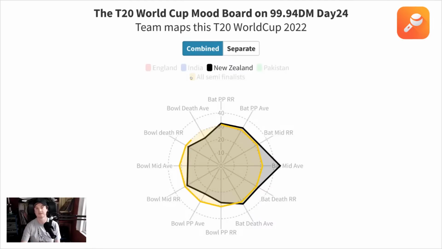Let's just get rid of the average here and just look at how the two teams line up. So there is no stunning advantage on paper for what Pakistan do compared to New Zealand. They're not as strong all the way through this particular game. And you would say that New Zealand look like certainly the better team from that perspective.